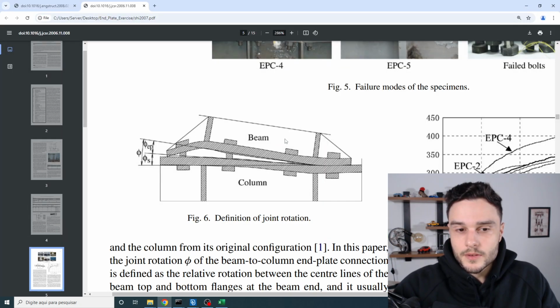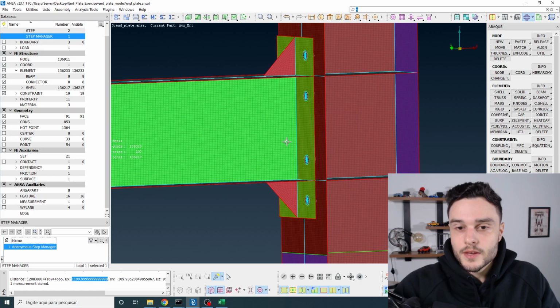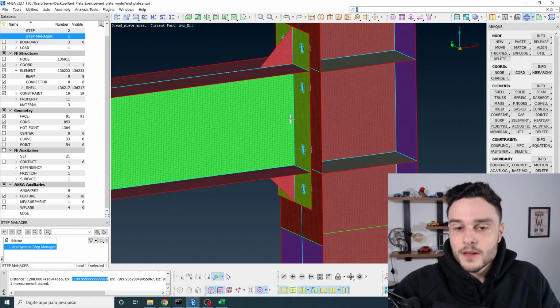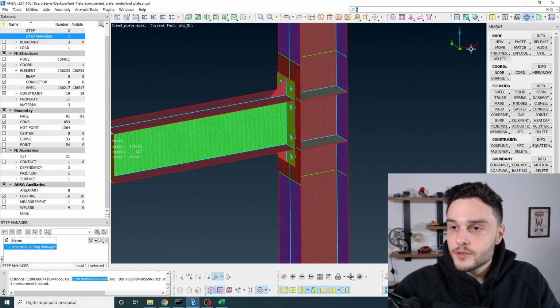Well, you see that it's not a good idea to get a node here, for example, because we have this happening here in this region. So I should get a node in this region here in the middle of the beam, which is here. Okay, well, just to be sure that you're going to get kind of the same node,